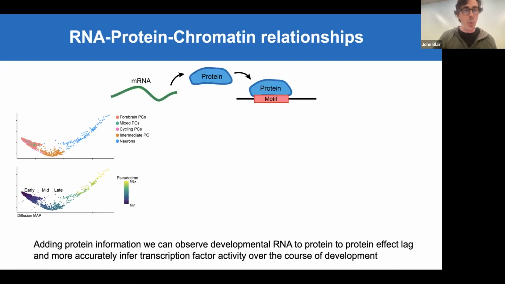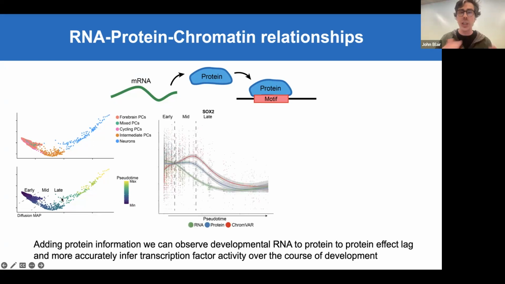So another thing that we want to look at is the RNA-protein-chromatin relationships. And because we have a developmental data set, we can actually look at this in a fairly interesting way. So for this, we subset our data set into just the telencephalic lineage, going from brain precursors into neurons. And we aligned these cells along a pseudotime axis and then separated them into 3 different bins of early, middle, and late. If we look at, for example, SOX2 and its expression along these,